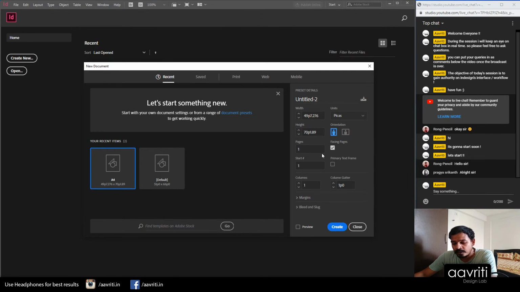So actually Illustrator and InDesign are very different programs. Illustrator is for graphic designing. It offers you a set of tools and an environment which enables you to work with